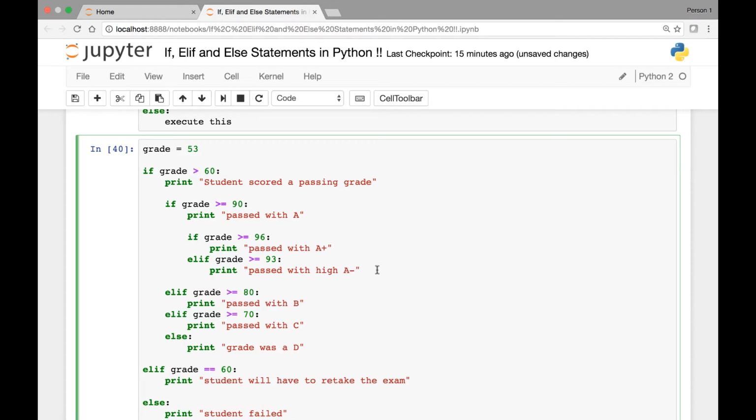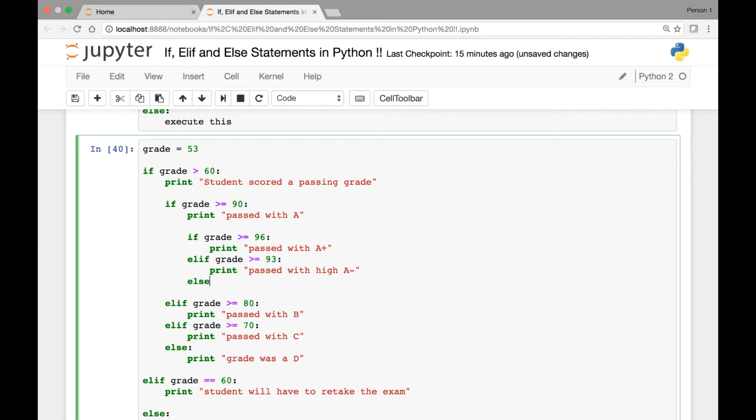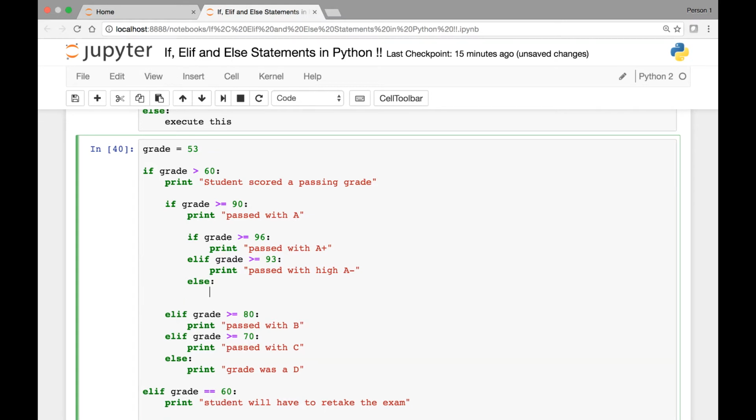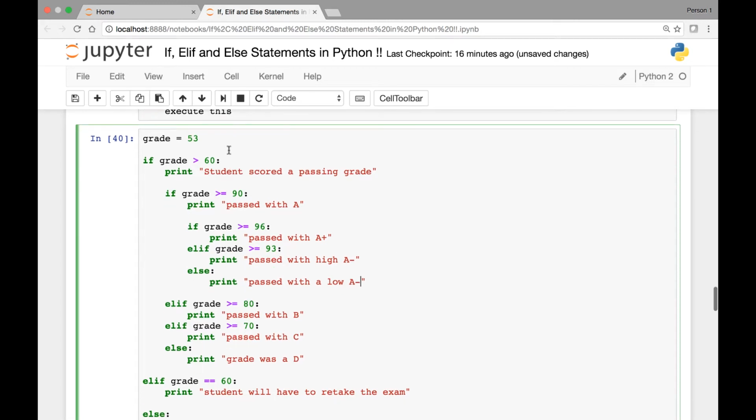This is just for the example. And then else print passed with a low A minus. And then let's say student scored